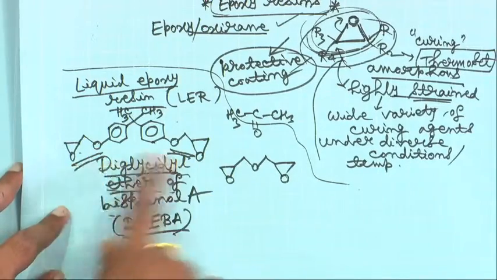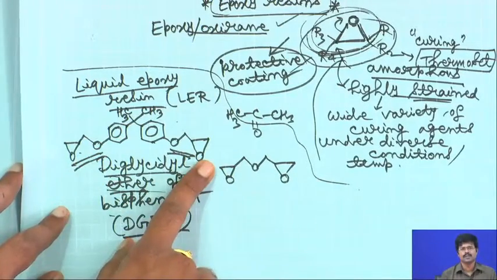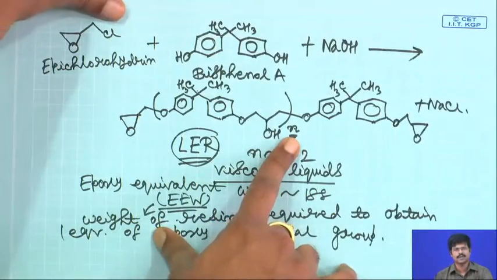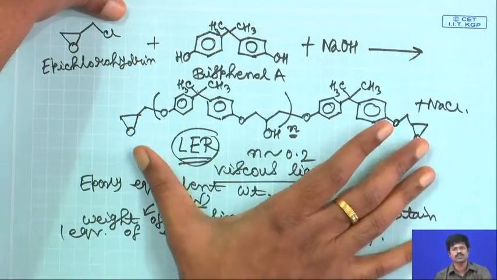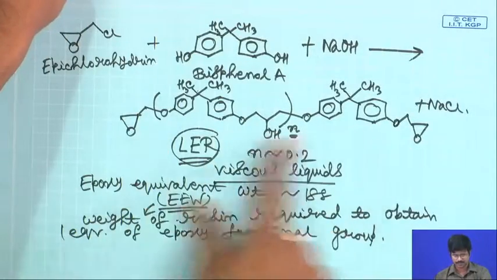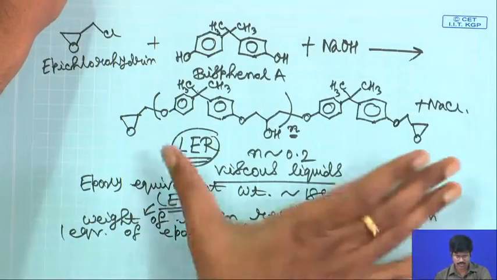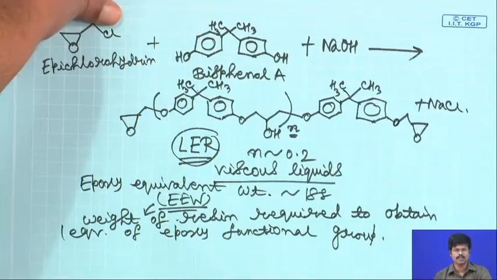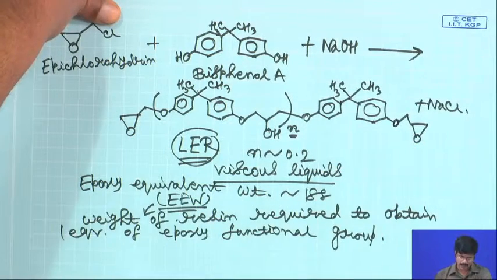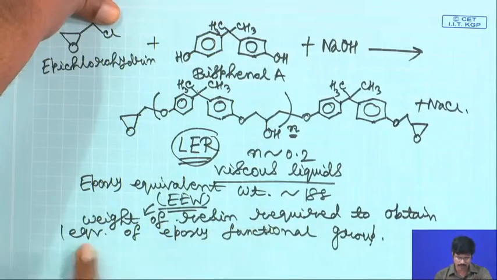So, if you see, for example, diglycidyl ether, one molecule has 2 epoxy units. If you look at this molecule, let us say n value is very high, still this one molecule has 2 epoxy units, but of course this molecular weight is lower than this molecular weight. So, which of these two molecules will have higher epoxy equivalent weight? This molecule will have higher epoxy equivalent weight, because this is the weight of resin required to obtain one equivalent